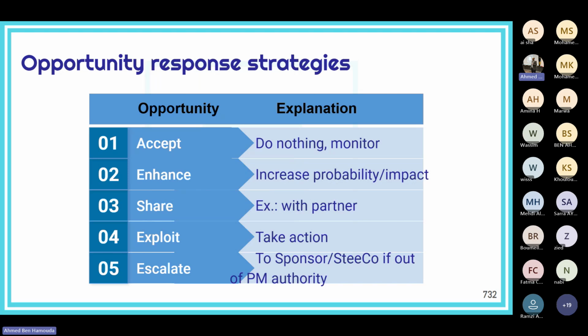For example, if you hear that the government is offering financial advantages to companies which are operating in rural areas, you might want to take advantage of that and, for example, operate in a few rural areas in order to enhance the probability, enhance the impact, actually, increase the impact. Instead of getting just one financial advantage, you can take like 3 or 4 in case you operate in more rural areas. Okay. And you could choose to share an opportunity with a